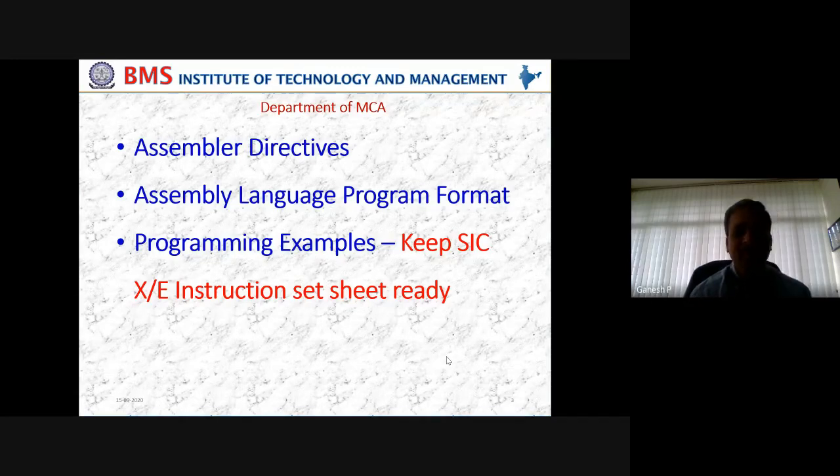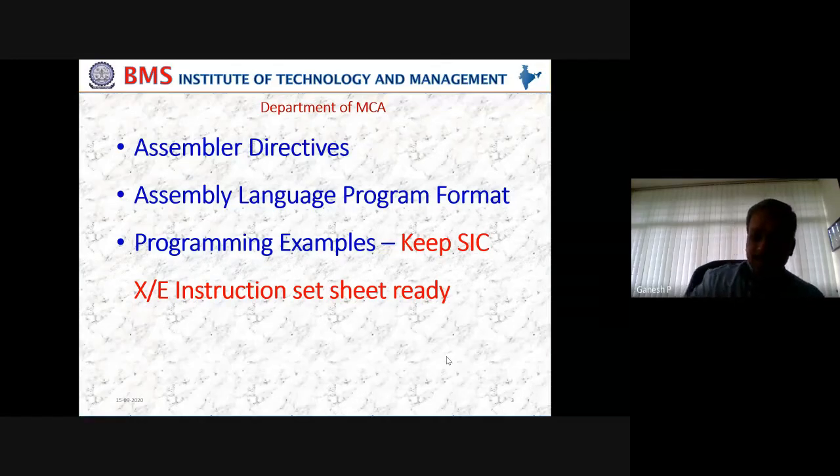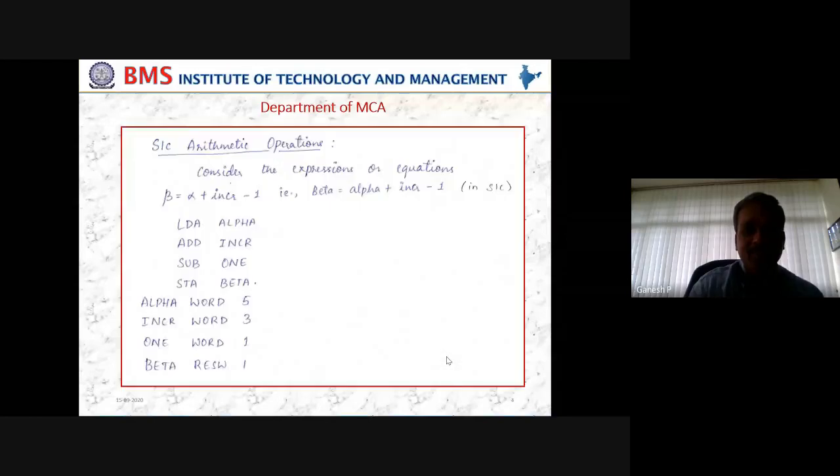Next, we have seen some of the programs, as you said, about the data transfer of a character and integer across SIC and SIC-XE. Now again, keep the data sheet ready with you, because we keep referring to some of the instructions in our future discussions as well. Now coming to the second part: we have seen the data transfer. Out of 4 types of instructions, we have data transfer, arithmetic, then branching and looping, then IO. In that we have seen the first one, data transfer. The second one is going to be arithmetic operations.